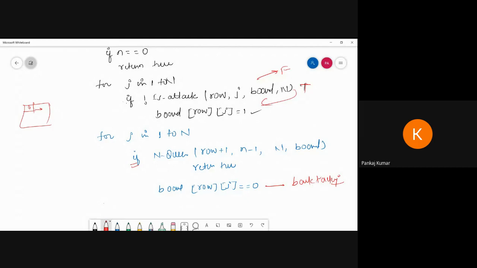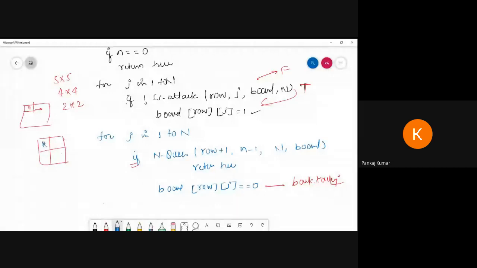Okay. So suppose I take a 5 cross 5 board. That is a possibility, up to you. You can take a 5 by 5 board, a 4 by 4 board, or 2 by 2. Suppose I am taking 2 by 2, so 1, 2, 3, 4. Where is the place? Only one queen I am able to place.